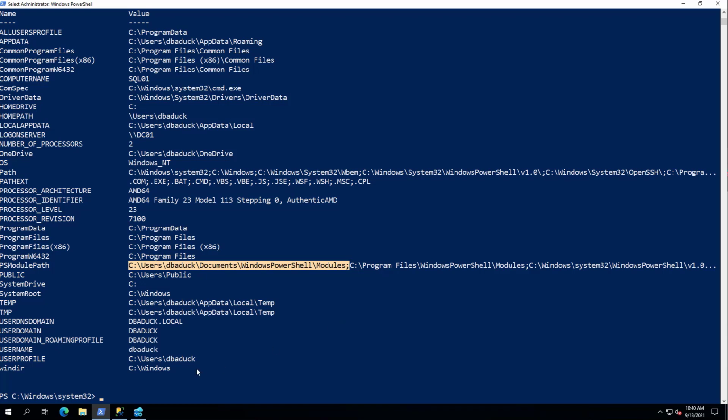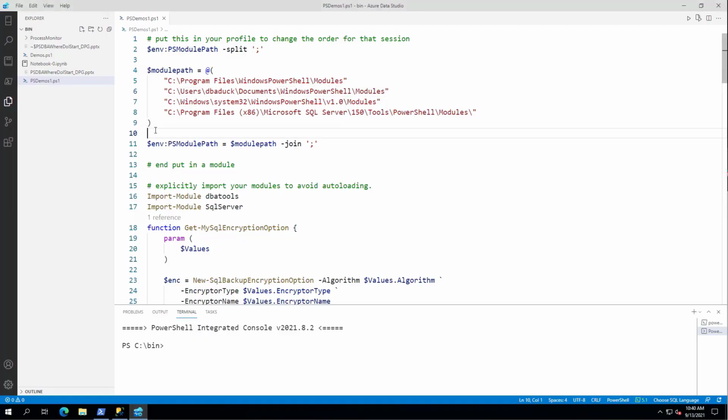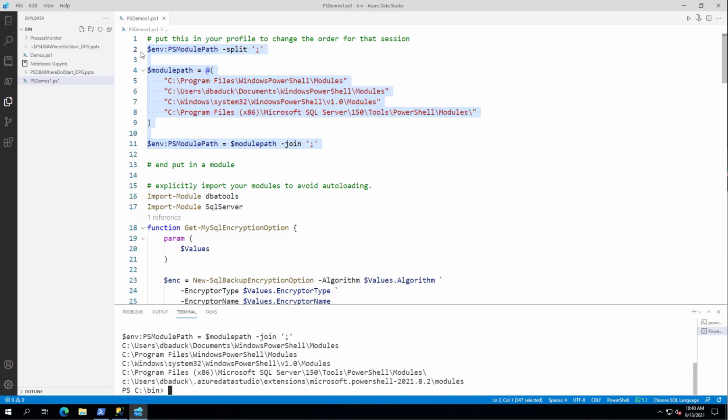But you might not want that in an automation or in something, so you have the ability to manipulate your module path and then put it in the variable called env PSModulePath here. It's a little technique I use for the array. You have an array of objects and then you just join them with semicolons. So what you end up with, if I did execute this code, you would see that I would end up with a